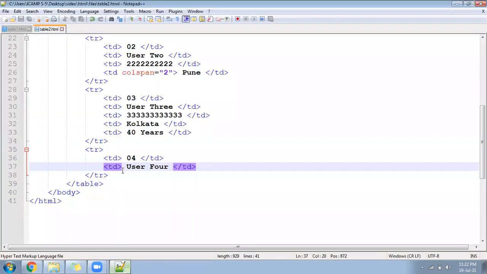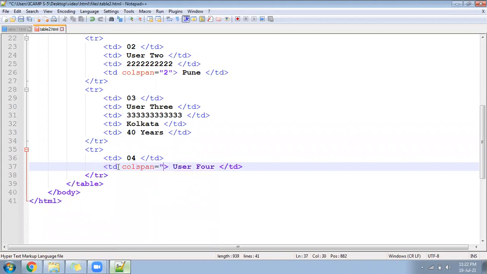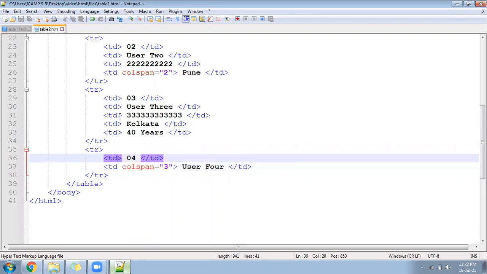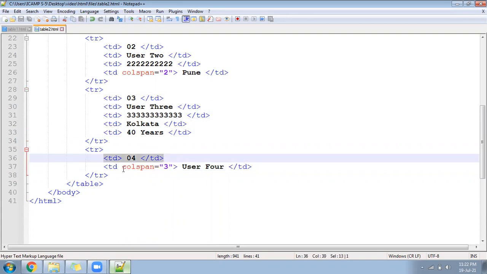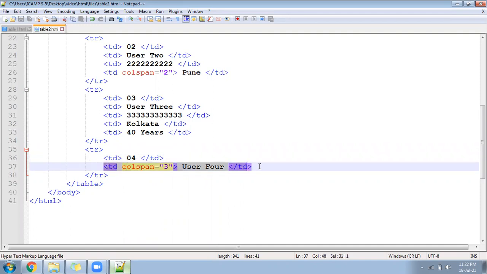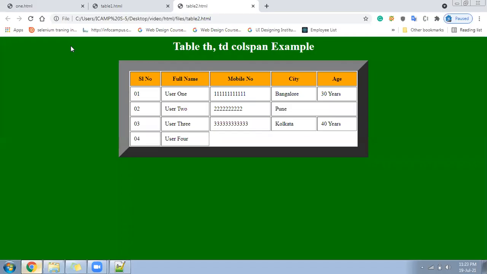Let me go here and I'll write here colspan equal to 3. Now what will happen? If I write colspan 3, what will happen? 3 plus 1, 4. 1 will still be missing because in the remaining columns, we have a total of 5 columns. In that current row, you can see 1 is followed by the serial number. And for the name, you are saying colspan 3. So 3 plus 1, 4 itself, still 1 is missing. Let me show you. See, it became 4. 1 more is still missing.